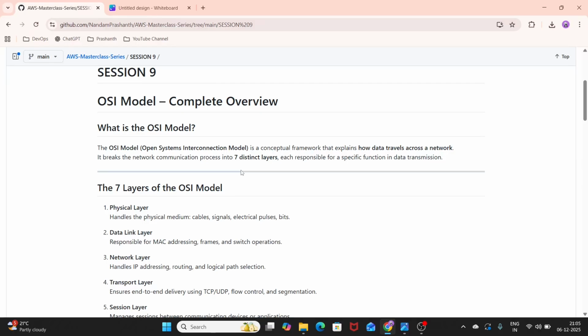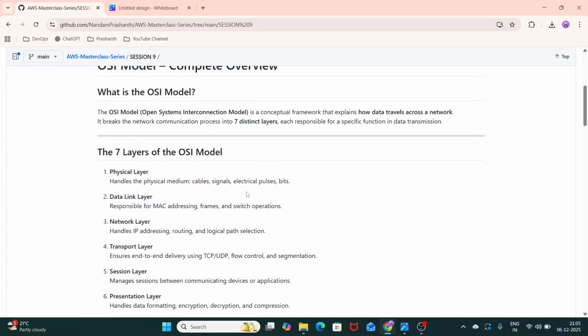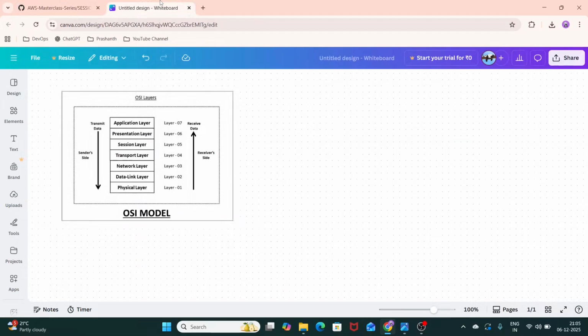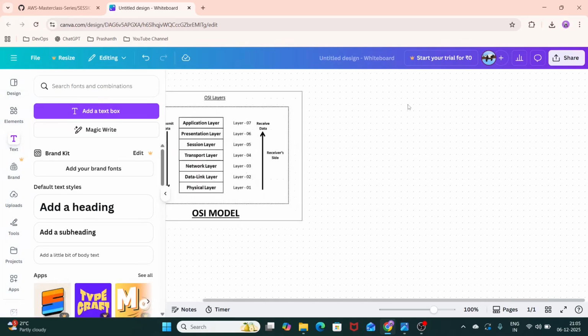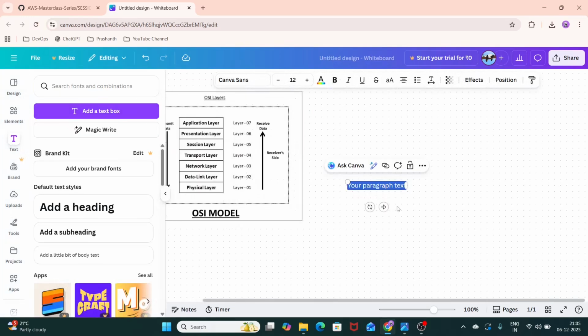OSI stands for Open System Interconnection model, and it is a conceptual framework that explains how data travels across a network. It has 7 layers, and layer 1 is the physical layer,